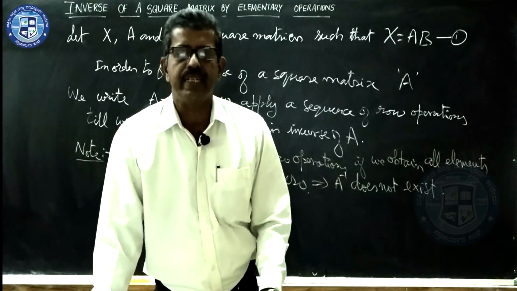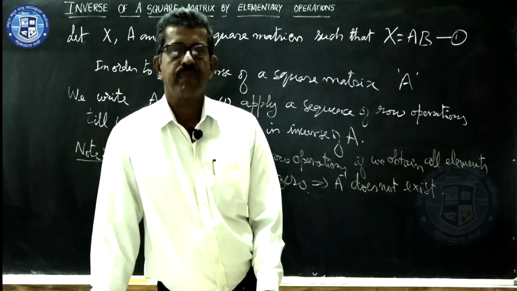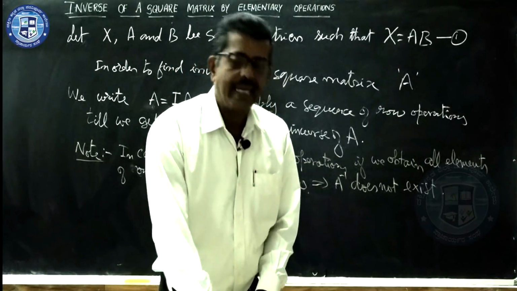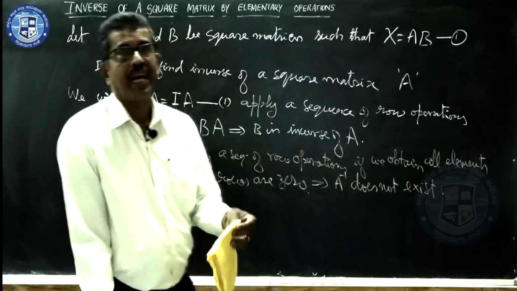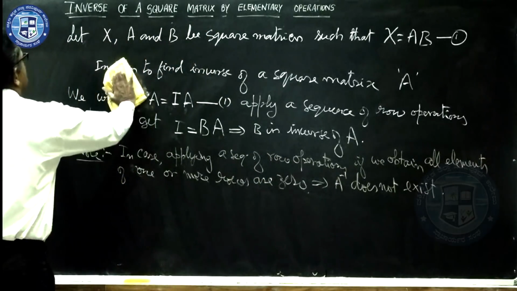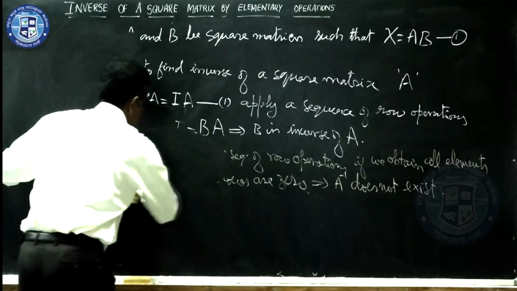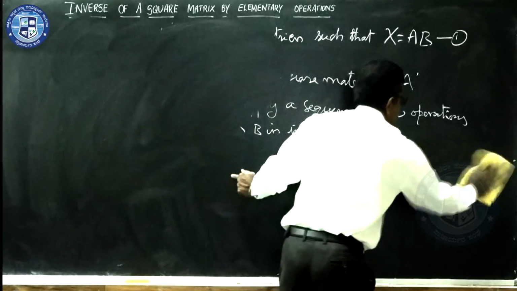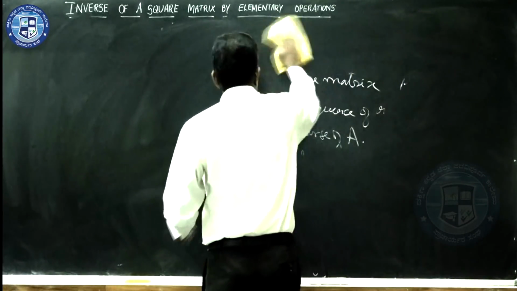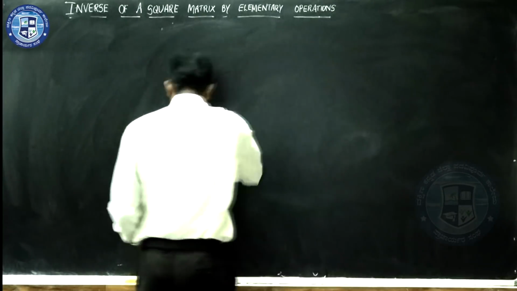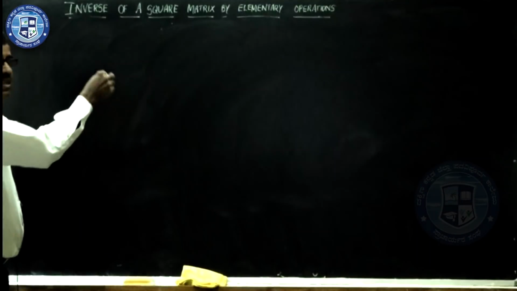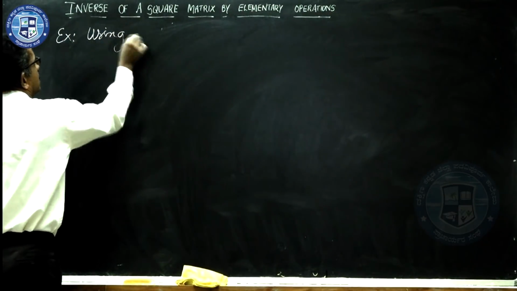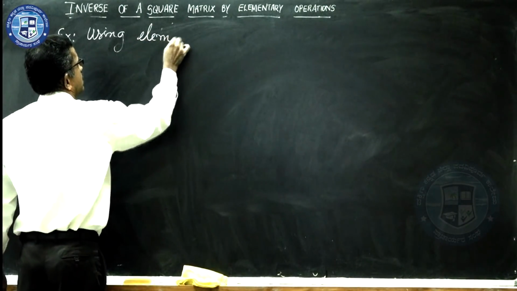I hope you got a clear idea. To get practice, I will explain maybe 3 or 4 examples, till you understand the problems which are likely to be asked in examination. We shall continue with examples. The question will be asked like this: find the inverse of a square matrix A by elementary row operation. The question may be asked like this: using elementary operation.